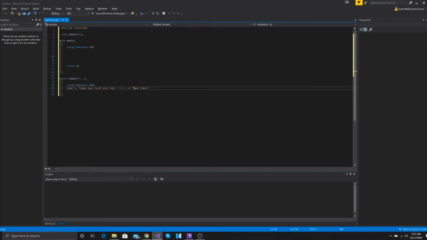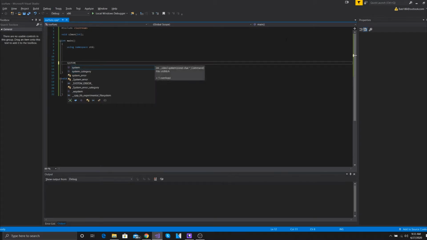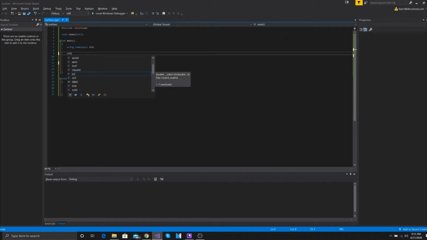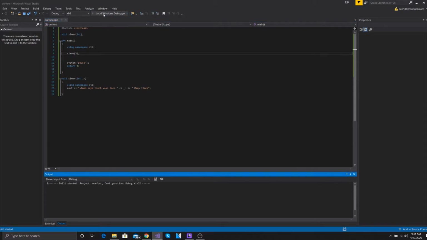So if we did this, and then we spaced that out, and we saved it, and then we went up to our main, right? Well, first of all, we're going to do a system pause, and then we are going to call the function Simon, and then pass in a 3. And then if we ran the program,